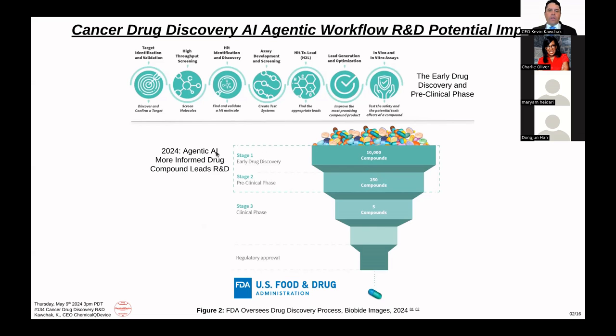And in all these things, I see it, especially this year, kind of being up here. I don't know if anything will get to stage 2 as far as animal testing, these sorts of things. But when you're using large language models or these agentic workflows, is it enabling you to understand more about the one molecule out of these 10,000? Why in specific is that a good lead? So I think a lot of things, especially with retrieval augmented generation or RAG, is pointing towards saying, okay, we have this really good data set that we want to base our 10K leads off of, refer everything here, and then it'll cite that source,